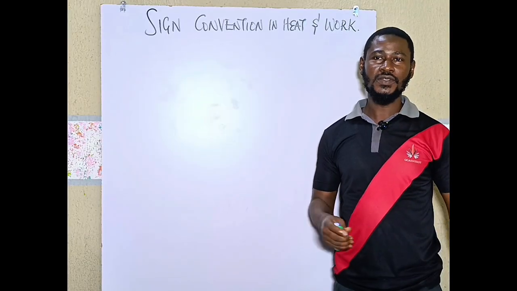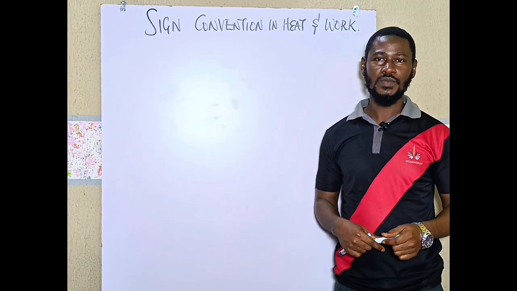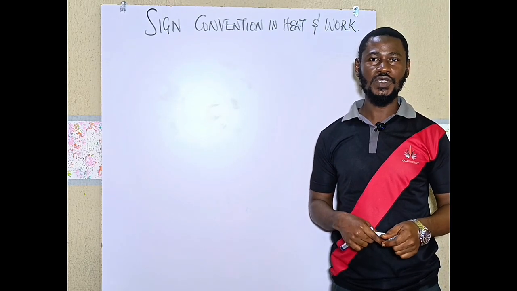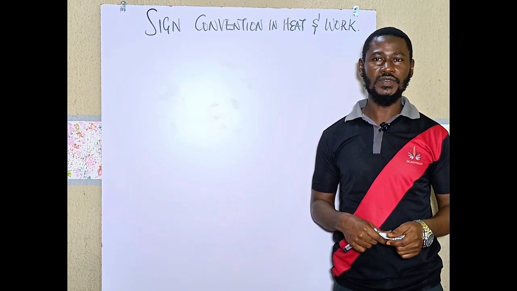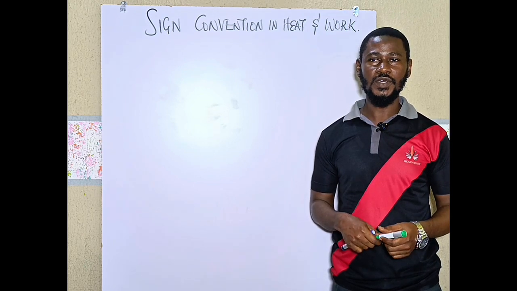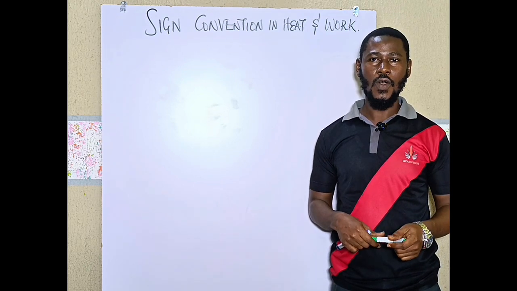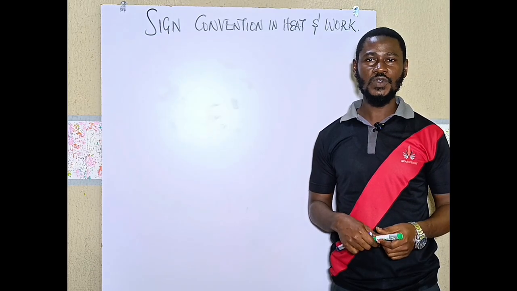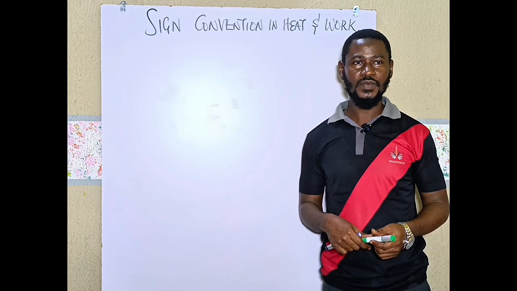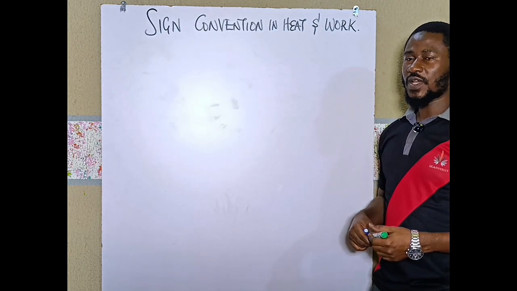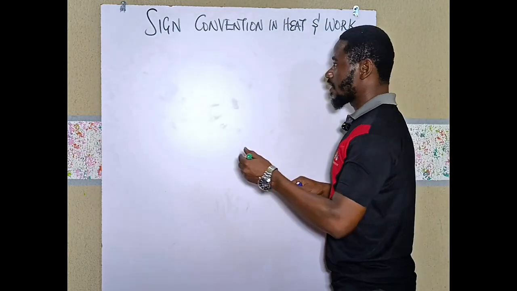In thermodynamics, sign conventions are used to indicate the direction of energy transfer between a system and its surroundings. Energy crosses the boundary of a system in the form of heat or work. The sign convention helps to maintain consistency when applying the first law of thermodynamics. The first law of thermodynamics is expressed as